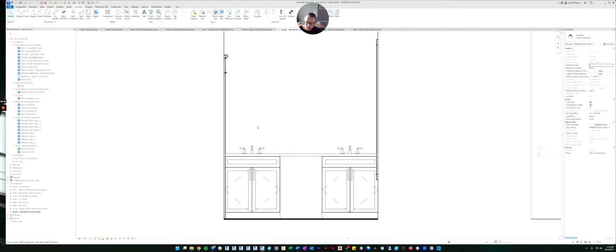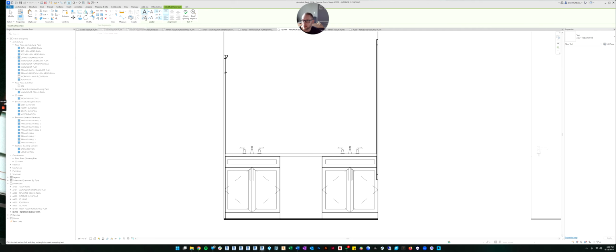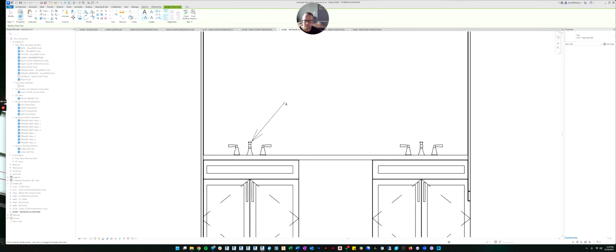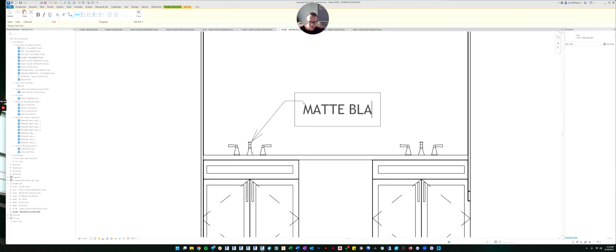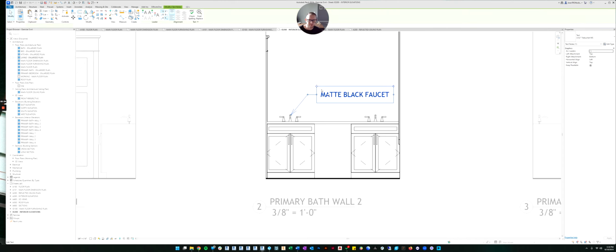Then if we wanted to, we could do text. And we can choose to put an arrow in right from the beginning. So let's click that. Let's do matte black faucet. Right, let's call out the color of the faucet.